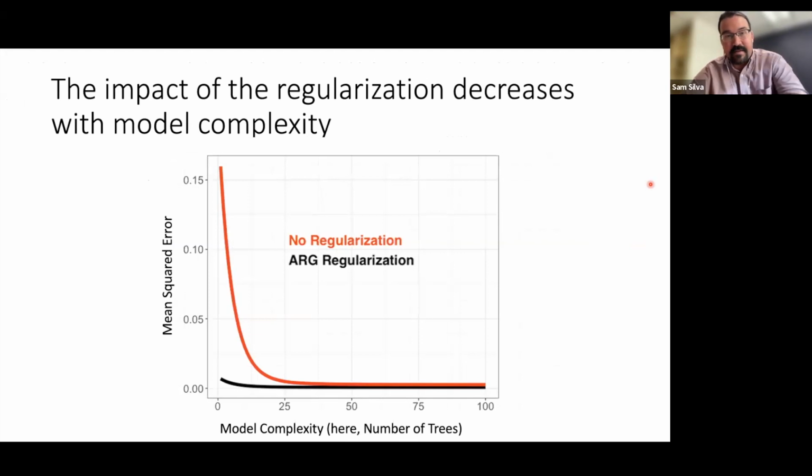The last thing I'll say about the details of the ML under the hood is that the impact of this regularization decreases with model complexity. I'm showing that here with the mean squared error on the y-axis and model complexity on the x-axis. This is just constraining the number of trees we allow in this boosted regression approach. As you increase model complexity, the difference between the ARG regularized model shown in black and the model with no regularization shown in red tends to converge. This makes sense